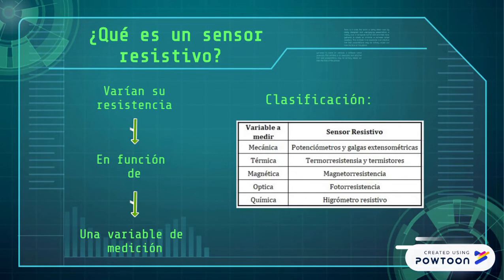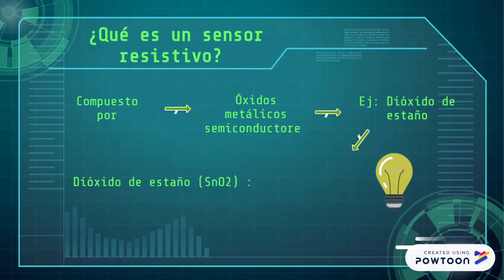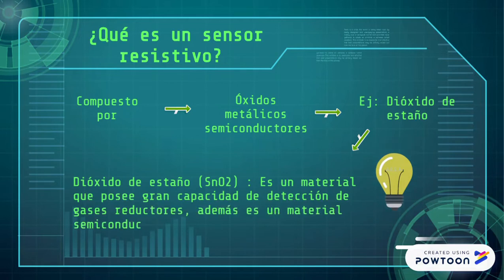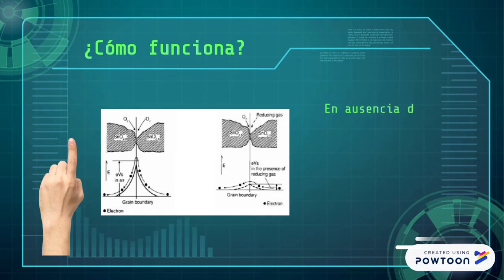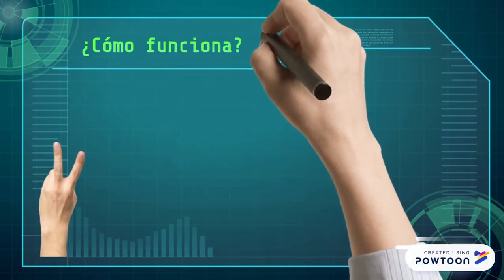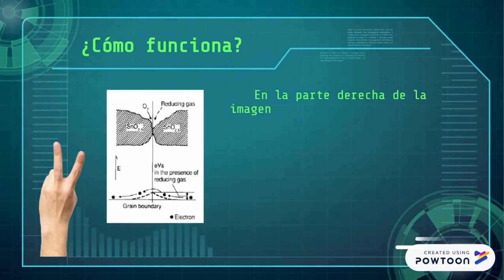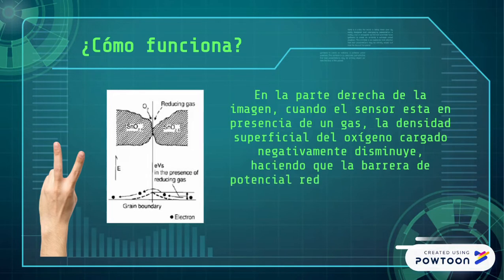to be measured. On this occasion, we will talk about gas resistive sensors, which are composed of semiconductor metal oxide, such as tin dioxide. The principle of operation can be found in the image. On the left side, when there is an absence of gas, the oxygen in the air is negatively charged with the tin dioxide electrons. On the right side of the image, when the sensor is in the presence of a gas, the surface density of the negatively charged oxygen decreases, causing the potential barrier to reduce, thus reducing the electrical